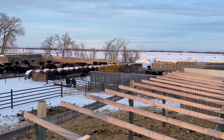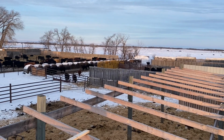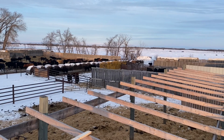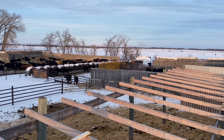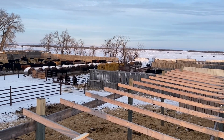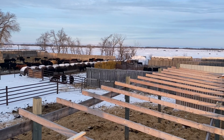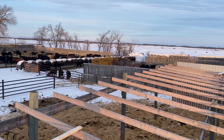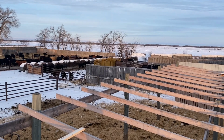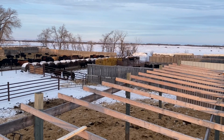And so yeah, as you can tell, there's a gap. There's just a big enough gap so at the bottom of the wall the calves can get their head under the gate, and then as they're fighting to push the gate, they bring their head up around the corner of the gate, and then they're stuck because they won't put their head back down, and they just keep pulling and pulling and pulling, and then they start to swell their head up, their neck and their ears, and they get more and more frustrated. So what do you do? Apart from getting mighty frustrated,